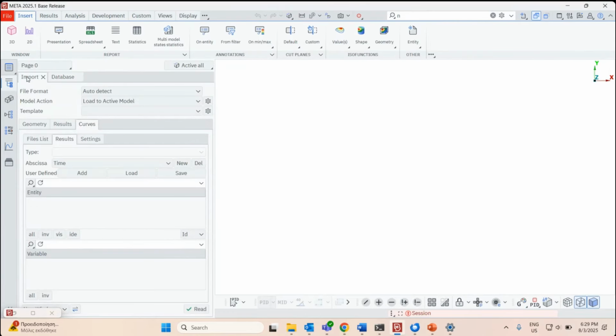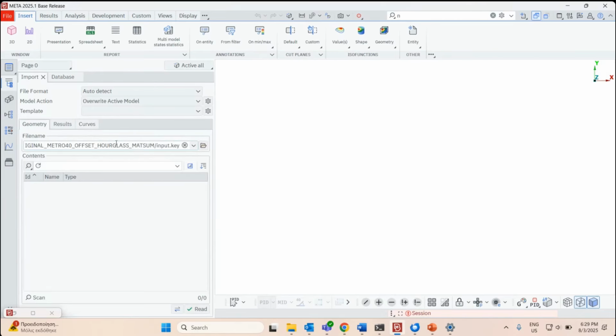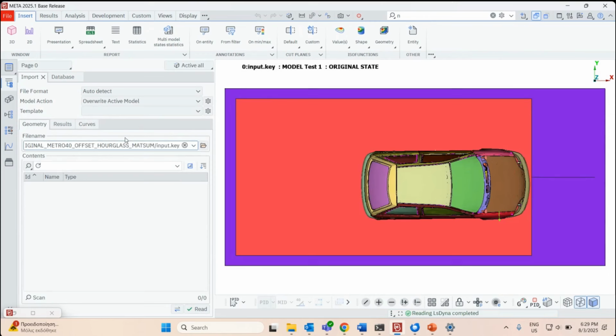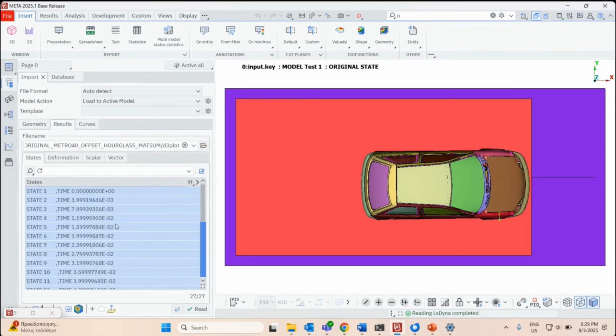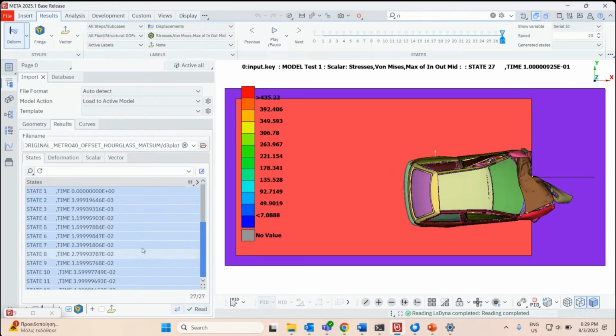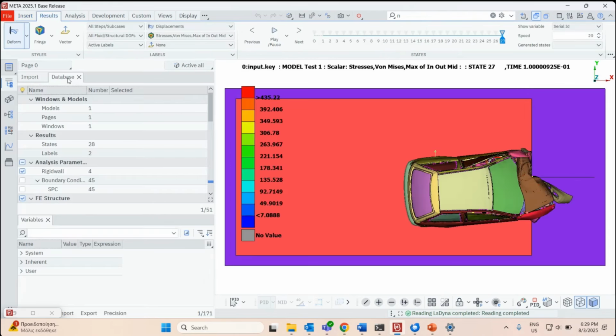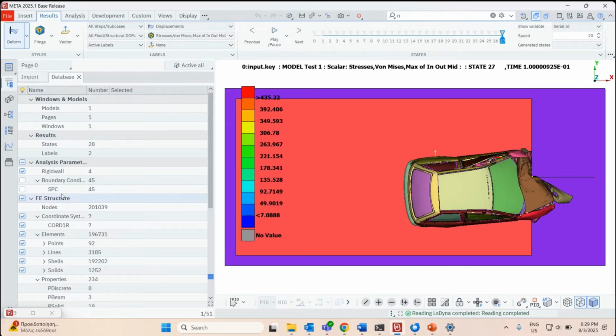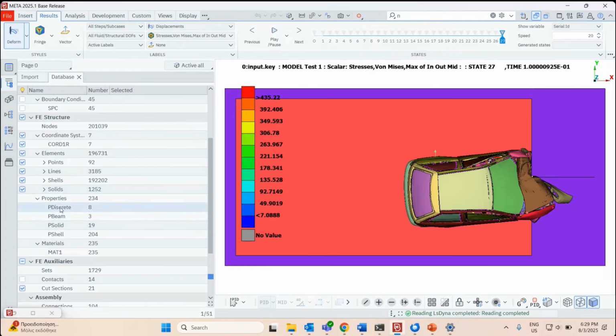The next thing we'll do is load a model along with its results. This process may take a few seconds, depending on the model's size and the amount of data it contains. Once the model is loaded, let's assume that we want to include an image of it in my report, something that's often useful for giving visual context to the results.